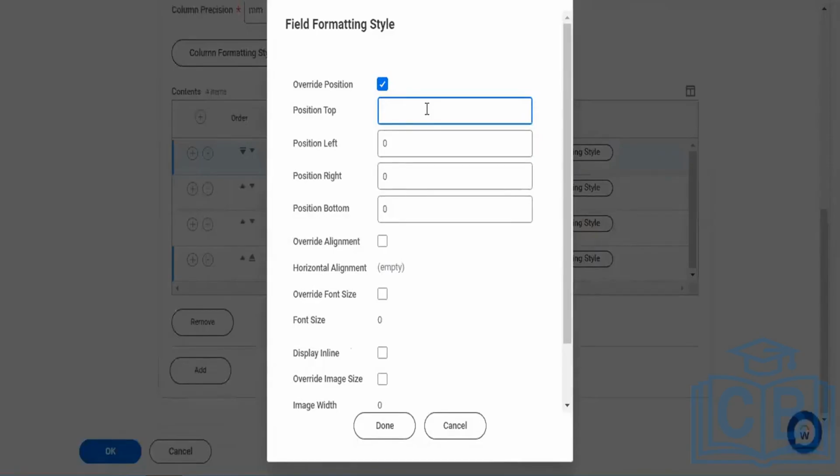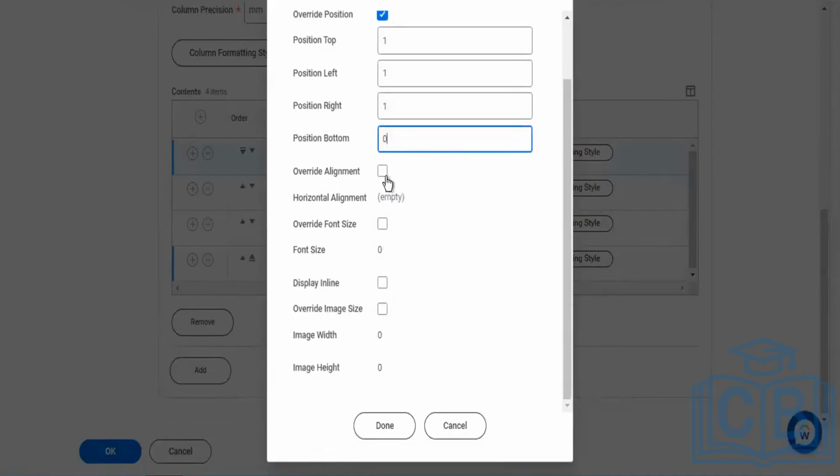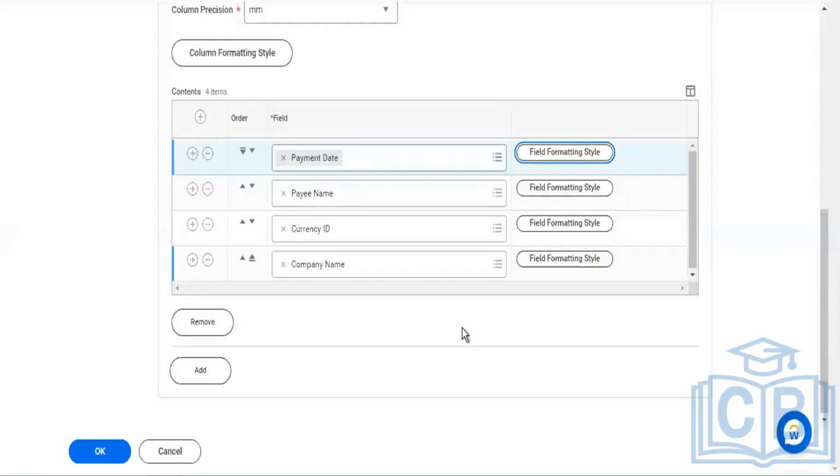Position drop. You can mention 1 and left of position 1. That means the straight columns and row columns and left columns positions. It was asking you to put it across to that. Post that, tap on done. Like that, you need to fill all these 4 formats. Post completing this,